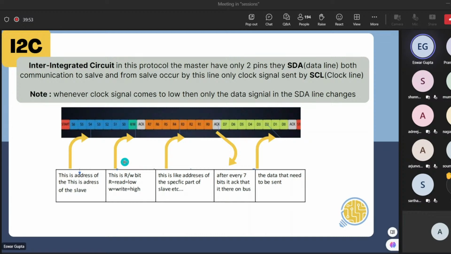What each slave does is, when it starts receiving the data, first it evaluates the address: does the address that master sent match me or not? If the address matches, that particular slave activates: the data that is coming is for me, so I need to process that. If it doesn't match, then it won't care. That's how the communication works.